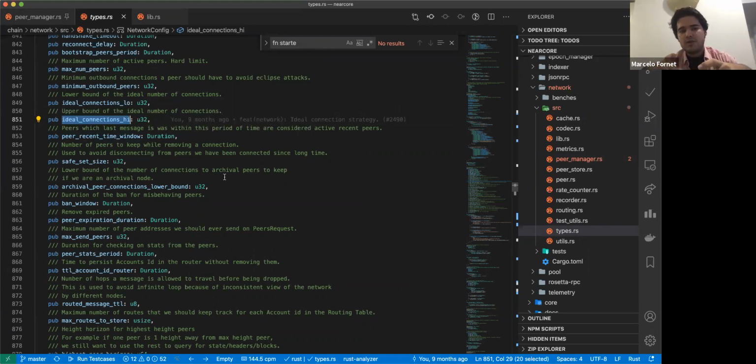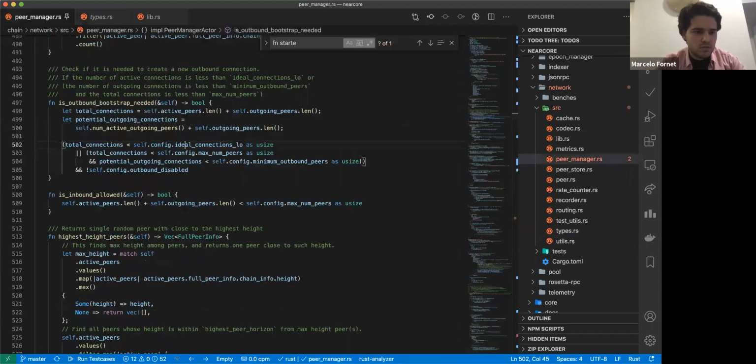And we leave some margin here, so that when new nodes try to connect to the network, the connections will be accepted by some peers. But the idea is that when the number of connections is above this threshold, the ideal connection high, we will eventually drop some of the connections using certain criteria